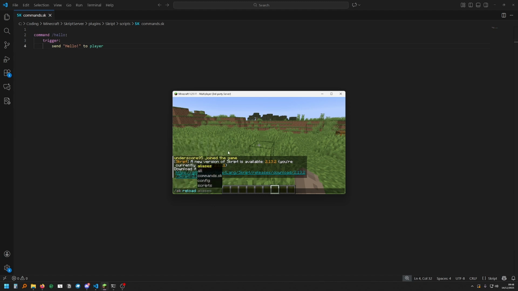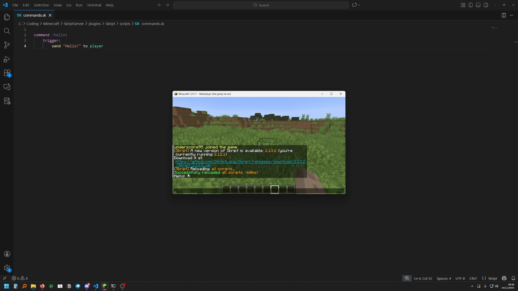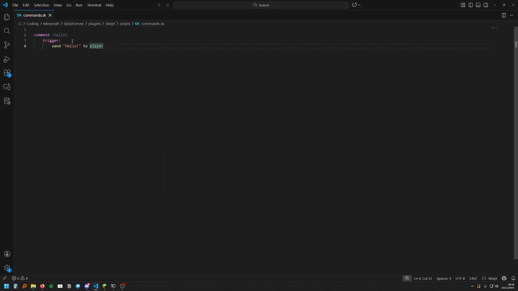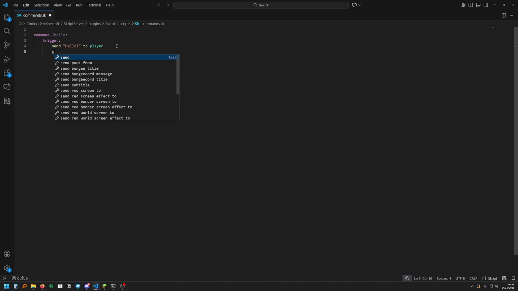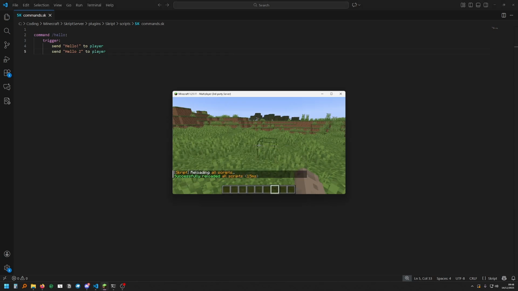And if we reload scripts and type /hello, it sends hello. So this code is just boilerplate. You can ignore it for now. Any code in here is executed. So if I also put hello to player, then if I reloaded it,